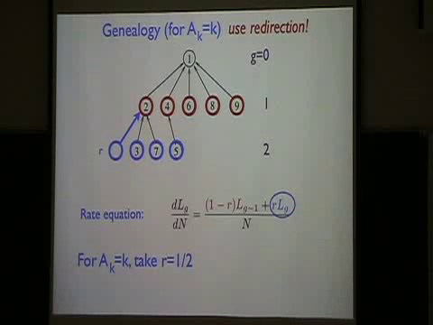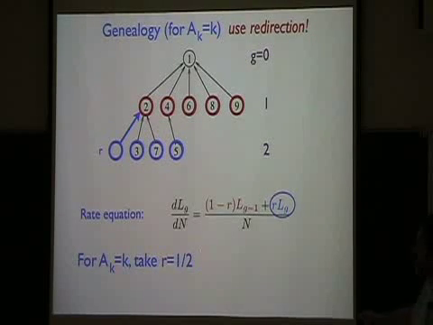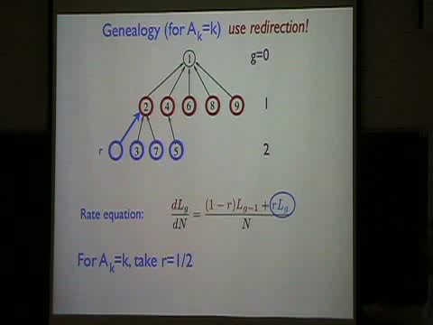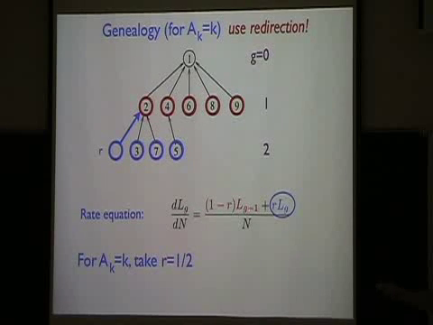For the case where A_k is exactly equal to k, I didn't emphasize this point, but let me emphasize it now, because I should have said it five or six slides ago: you saw from that redirection model that the shift involves the redirection probability. And when the redirection probability is exactly equal to 1/2, the shift goes away, because the shift was between -1 and +infinity. And so when the redirection probability is 1/2, the shift goes away, and we get exactly linear preferential attachment. So we have an equation which reads dL_g/dn = 1/2 L_(g-1) + 1/2 L_g.